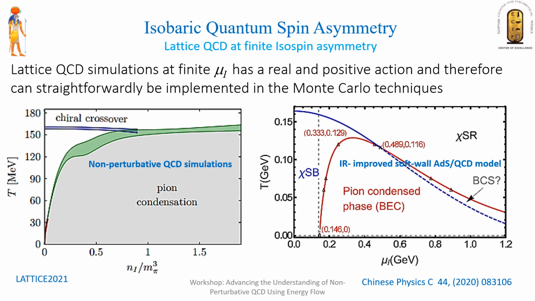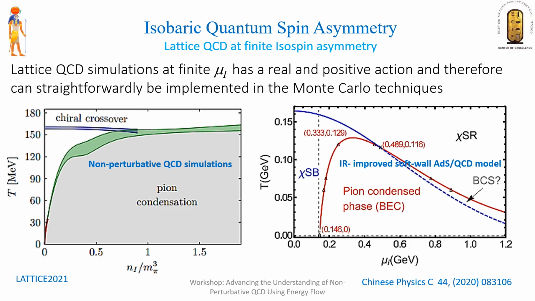Just a very short review of what we know from the non-perturbative lattice QCD at finite isospin. At finite isospin, the lattice QCD simulation has real and positive actions. Therefore, one can straightforwardly implement the Monte Carlo technique. I'm showing here 2 figures. The left one is from the